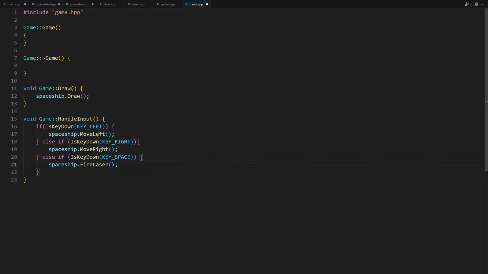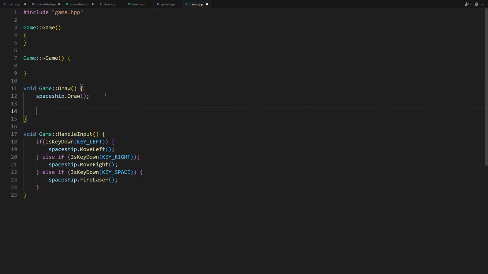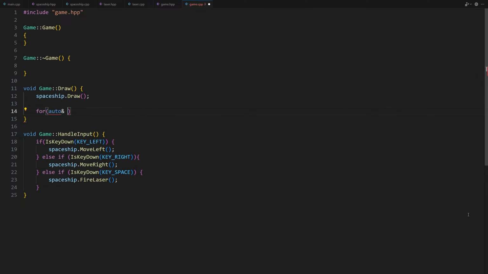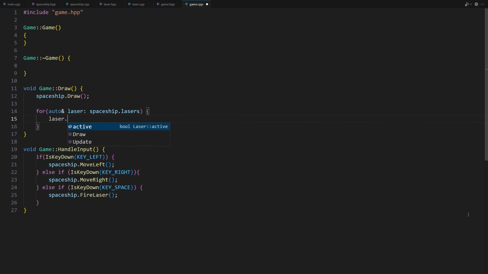Now we need to draw the laser beam. We just have to call the draw method of the laser class. We are going to add this functionality inside the draw method of the game class. Now for every laser in the lasers vector, we need to call its draw method. That's easy. We will use a range-based for loop. Check this video out if you are not familiar with range-based for loops. It will make your life as a programmer a lot easier. for (auto& laser : spaceship.lasers) { laser.Draw(); }